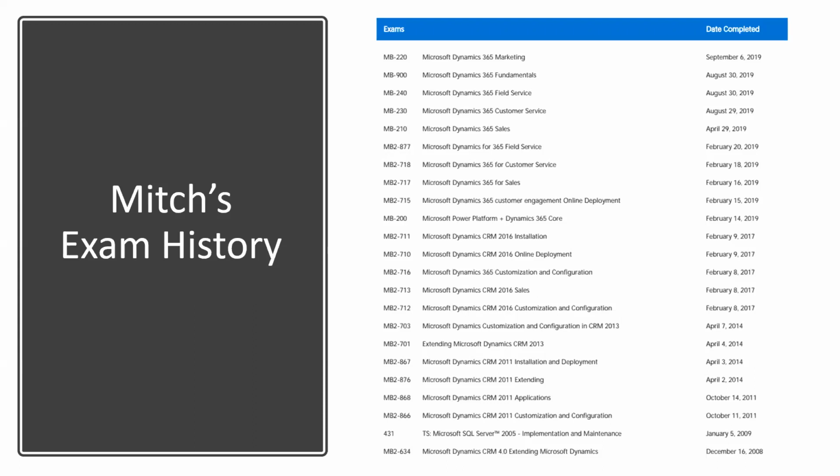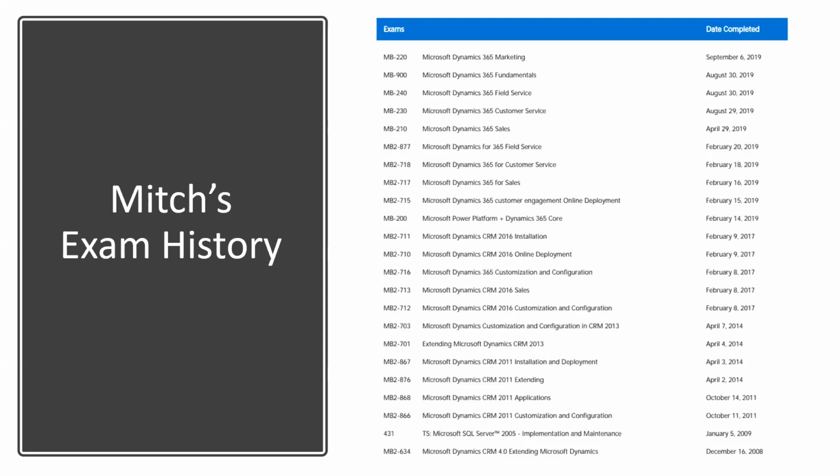So once I get into study mode, when I come out of study mode, I'm kind of exhausted, to be quite honest. But the way that I do it is I kind of study things together, because when you get into some of these certifications, like the 230 and 240 for customer service and field service, those two are siblings. They're tied together, and you can't take them apart. Customer service ends with field service in some organizations, whereas you couldn't start field service without a case being created at the very beginning. So you kind of, in my mind, have to study those together if you're going to take the field service test, because there are questions on both. Okay, so you kind of have to keep that in mind. But what you see here is just me. This is just the way that I've done things.